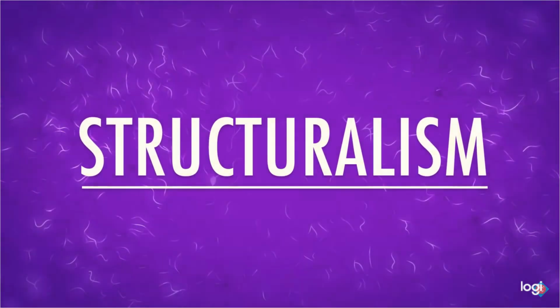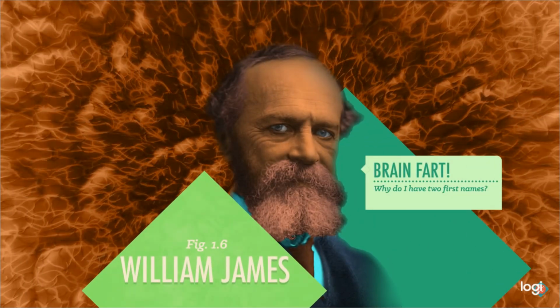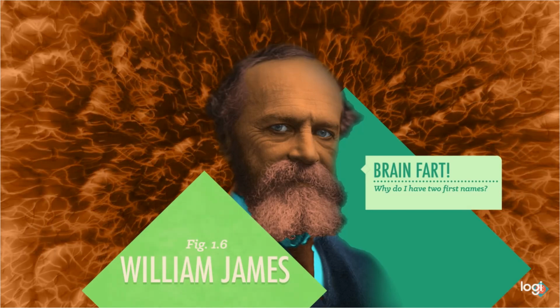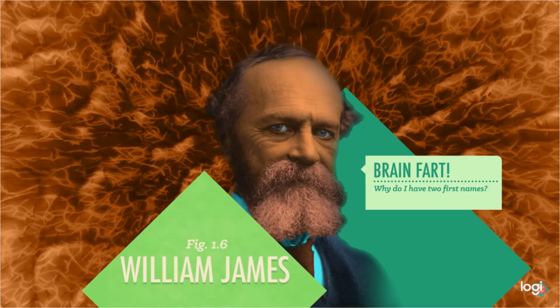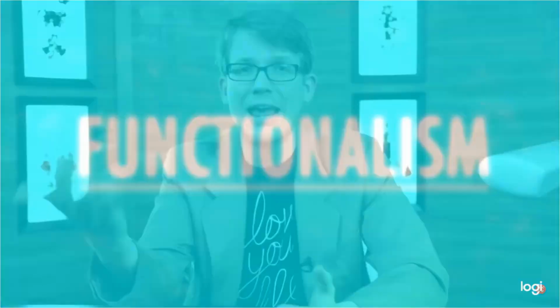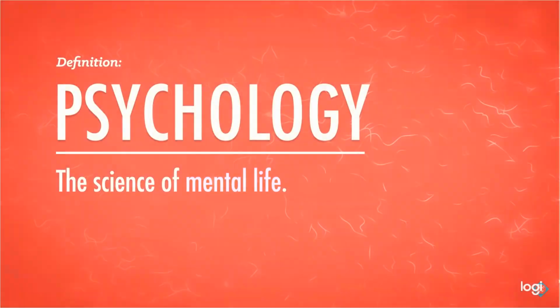By contrast, American physician and philosopher William James proposed a different set of questions focusing on why we think and feel and smell and lick or whatever. Basically, he focused on the function of behavior. This approach, functionalism, was inspired by Charles Darwin's idea that adaptive behaviors are conserved throughout the evolutionary process. James published his seminal book, The Principles of Psychology, in 1890, defining psychology as the science of mental life, just as Freud was starting to flex his big brain.